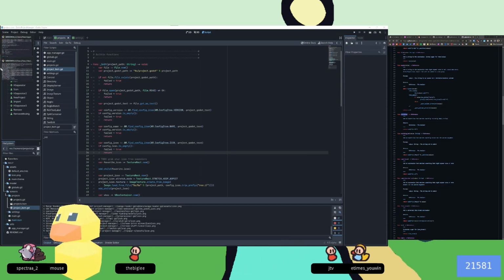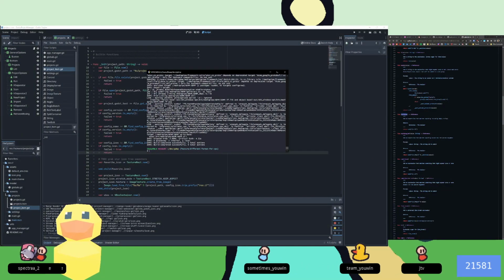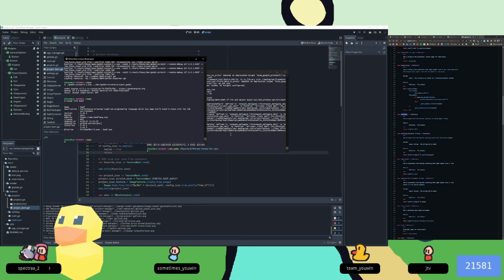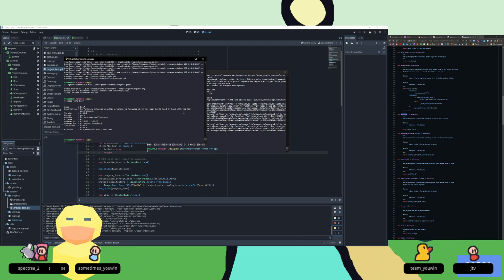Anyways, I've been trying to stay on schedule a lot more. But I'm going to go ahead and push this. If you want to take a look at it, it's not super duper fancy. Ignore this. This is the wrong thing. This is GDMP, which is